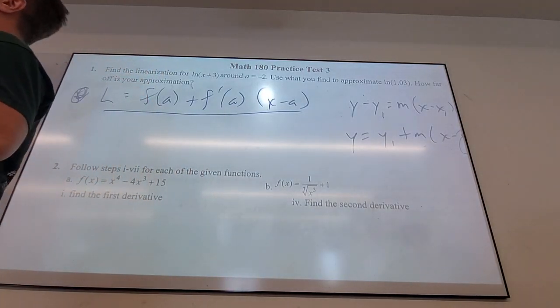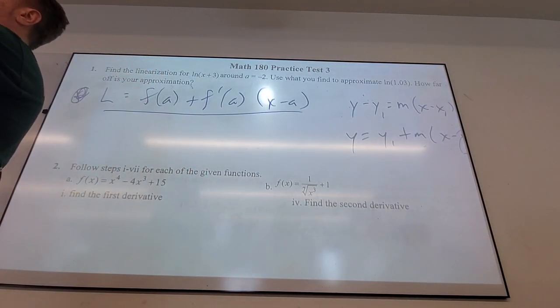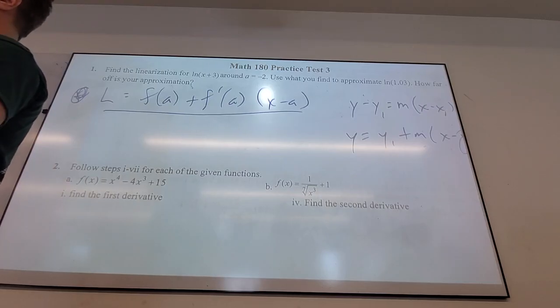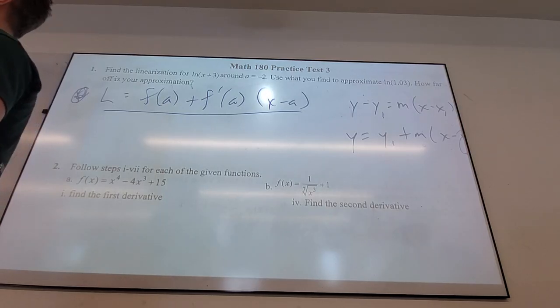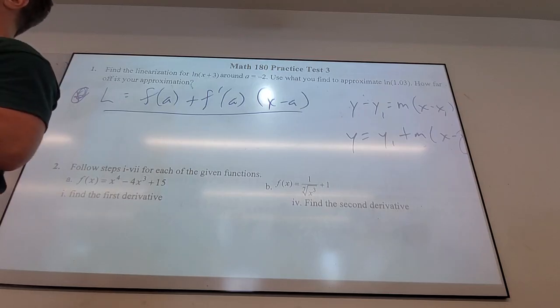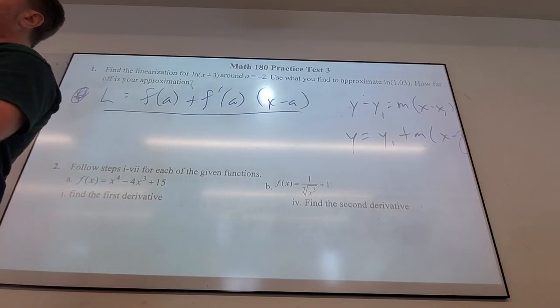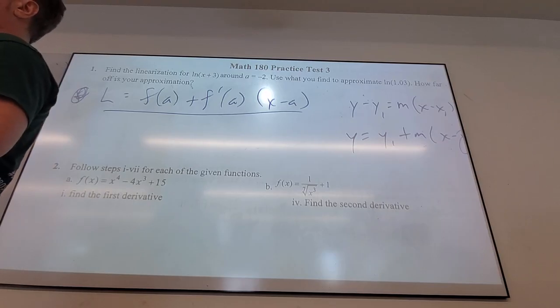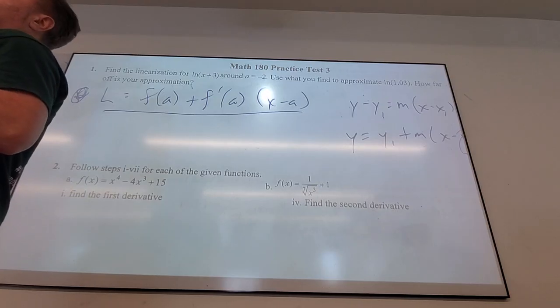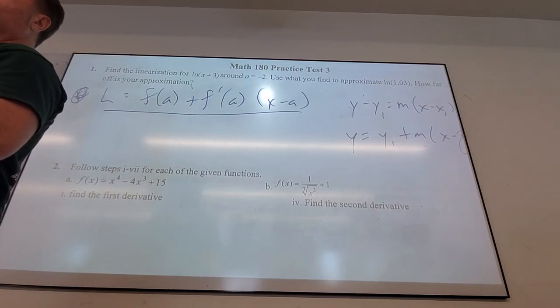Let me stop for a minute. We have found the tangent line for so many things. Do you agree with me? You've seen that question pop up so many times. This is the same problem, except it goes one step further. It says, that line you just made, let's use it to do something. And from your perspective, you should be like, well, finally. Don't just make a tangent line and go, look what I did, I made a line. Go, what can I use it for? Is there a reason I want to do this, besides checking off the box in my homework? Is that enough to go on for that one?